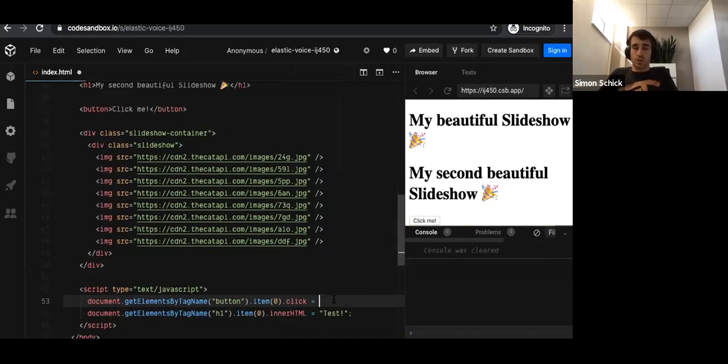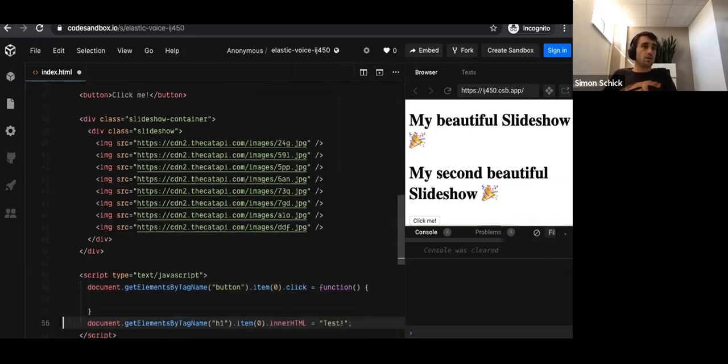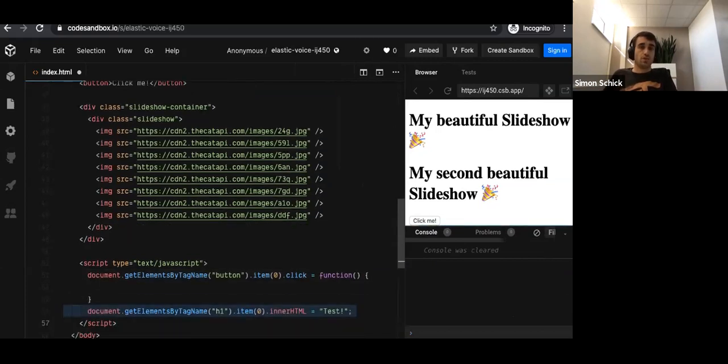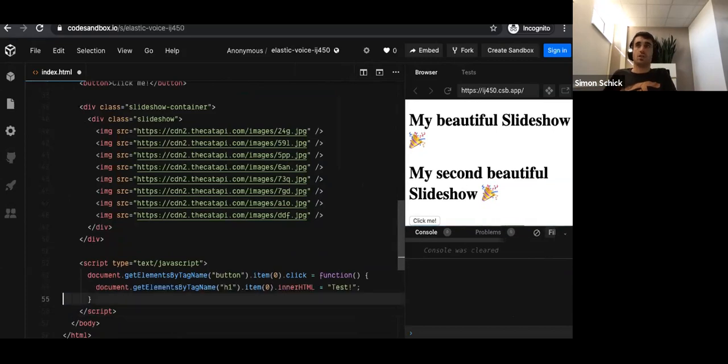Click shall be a function, and this function shall be this one here. So I cut this one and move it in here. And when I run this one, it should only change my title when I click it, because only when I click, this function should be executed, right? Like the stuff that I've written inside it. Save it, reload it, and now when I click it,